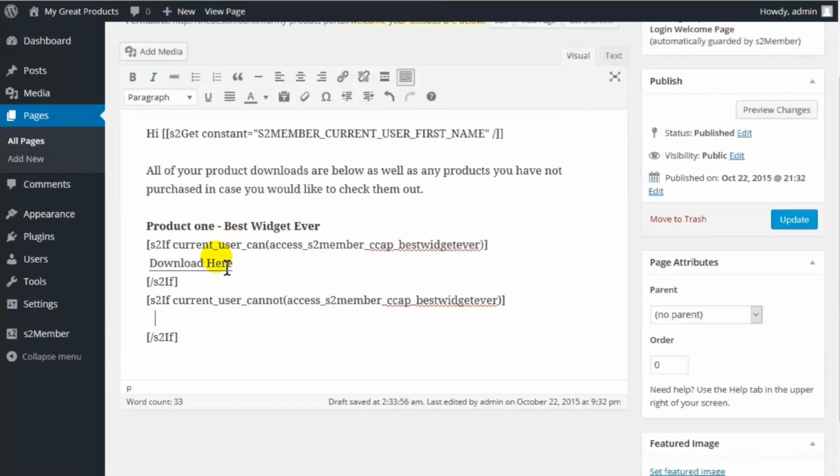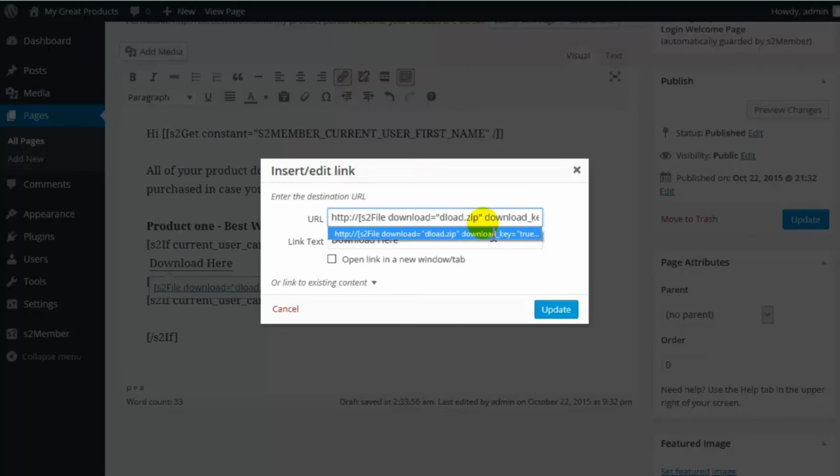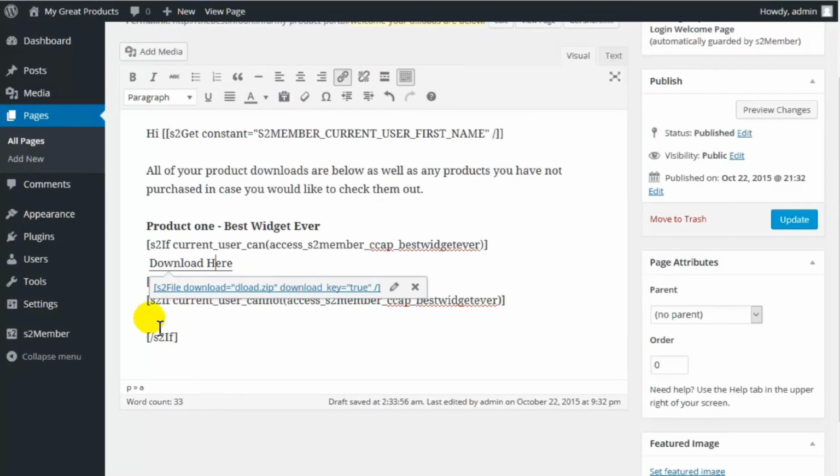Now make sure that you actually change the link so that it has the proper file name in it. You see here that I have deload.zip because I changed it behind the scenes there because I forgot to do that. But this is what you need to change here, the name of the file that they're downloading. Okay, and then the next thing you want to do is in here put a URL to our sales